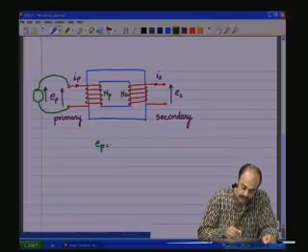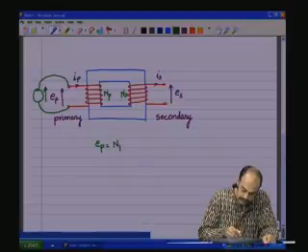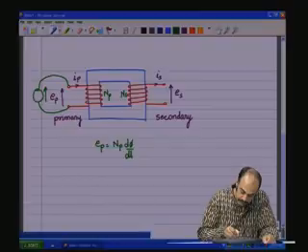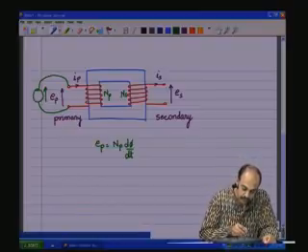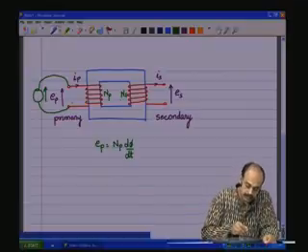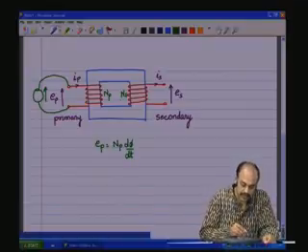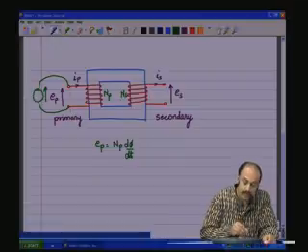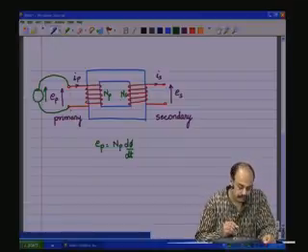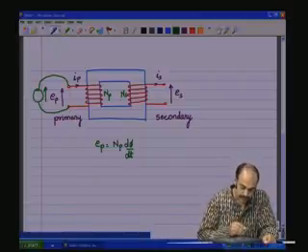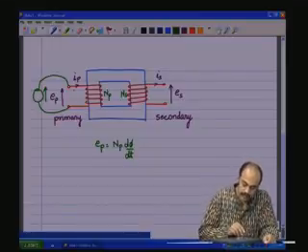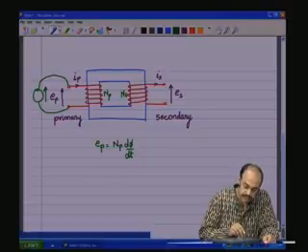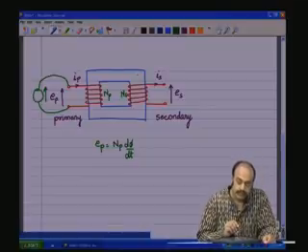So, EP will be NP d phi by dt. The voltage EP which is across the coil, which is applied from the source directly, as there are no other impedances, should also be the voltage across the coil by Kirchhoff's voltage law, and that is driving a current IP. Now, this IP is setting up a magnetic field within the core,